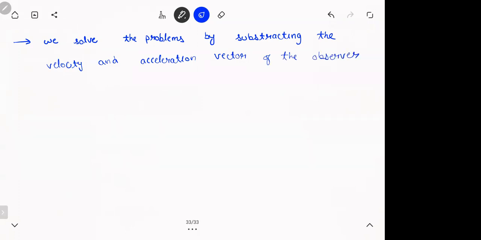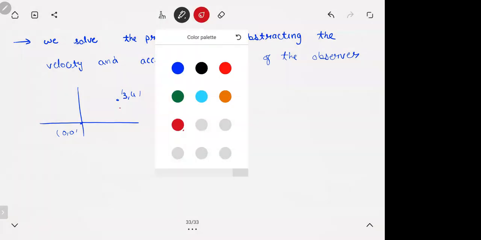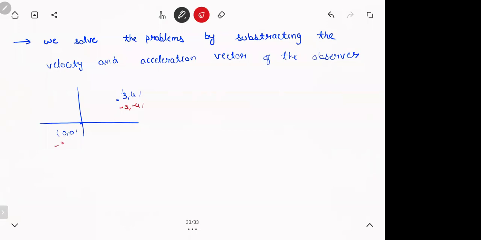What do you mean by this? For example, if there's a point (3, 4), and there's an origin, and someone tells you, I want to shift my axis such that (3, 4) becomes the new origin. If I want to shift my origin to (3, 4), what should I do? The process is you subtract (3, 4) from everything, that is, add (-3, -4). When you do that, what will happen? The point (3, 4) becomes your new origin, and the previous origin becomes (-3, -4). Normally, that is how you shift.